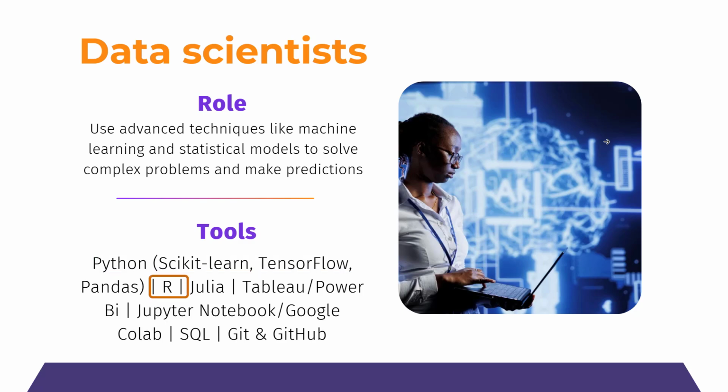As a data scientist, you need to have knowledge of Python with packages like scikit-learn, TensorFlow, and Pandas. You also need R. There is also Julia, which is a new kid on the block because of its performance advantages. Data scientists also produce reports and visualization. Therefore, Tableau or Power BI is also a necessity. But they also utilize Jupyter Notebooks or Google Colab for collaboration. Now, since they also query or collect data from databases, they also need to have some bit of SQL knowledge. And finally, for version control, data scientists also need knowledge of Git and GitHub.